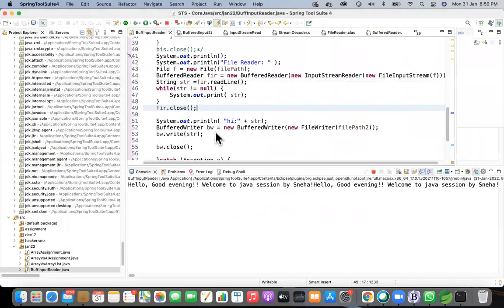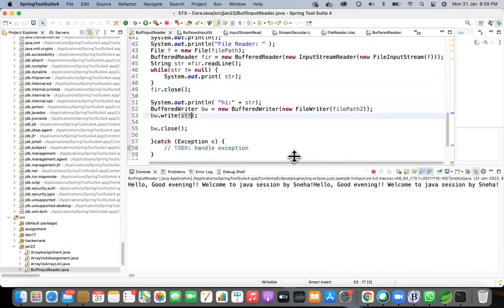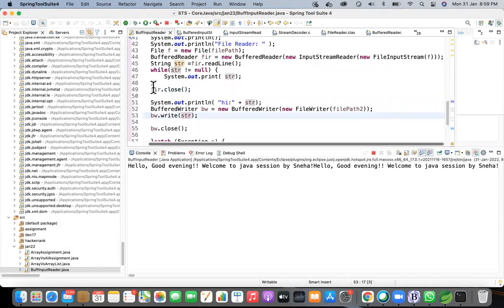It's not writing anything here. You can just comment that line 49 out and see again. I can keep it afterwards. Yeah, you keep it last. You just comment it out.